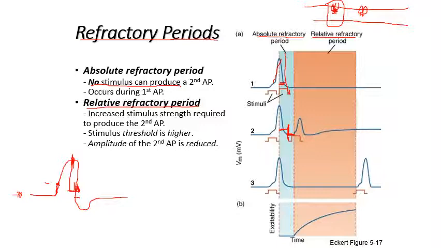But when I'm in this portion, my sodium channels are open, so they can come up again. But to get open, I have to bring my membrane potential all the way from here because I am in this hyperpolarization phase. So to get a second action potential in the relative refractory period, the stimulus must be